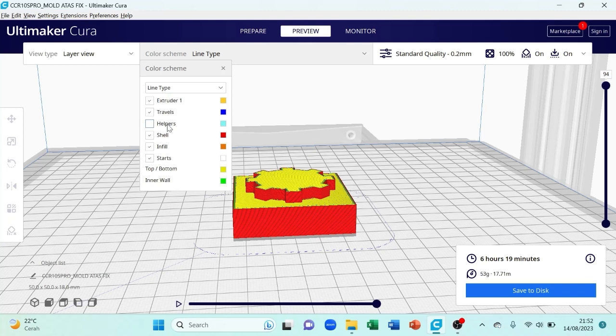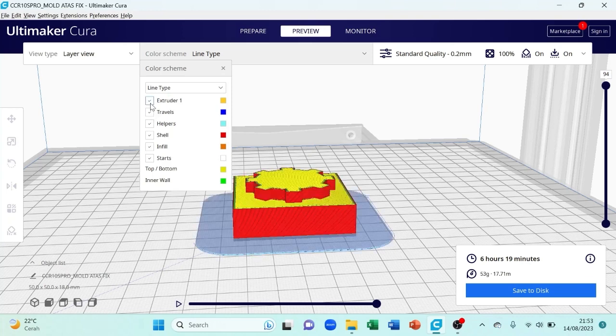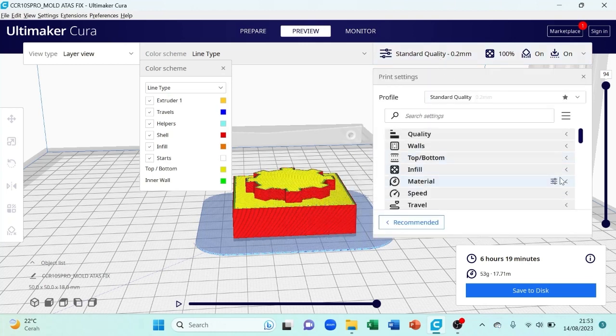And next is extruder. Extruder is the whole product that we print. So it's like the extruder is where the PLA comes out. Next is shell. Shell is used to view the infill. We can set the infill under 100%.